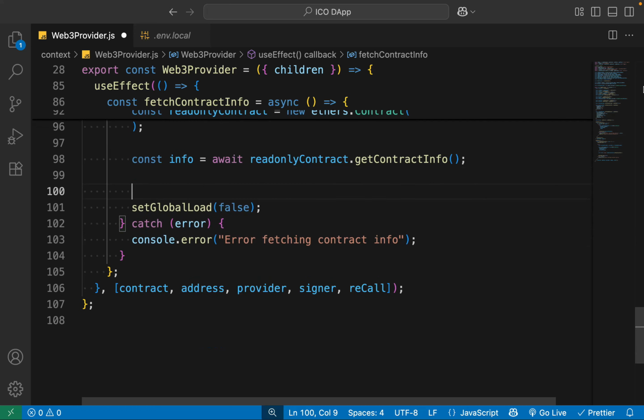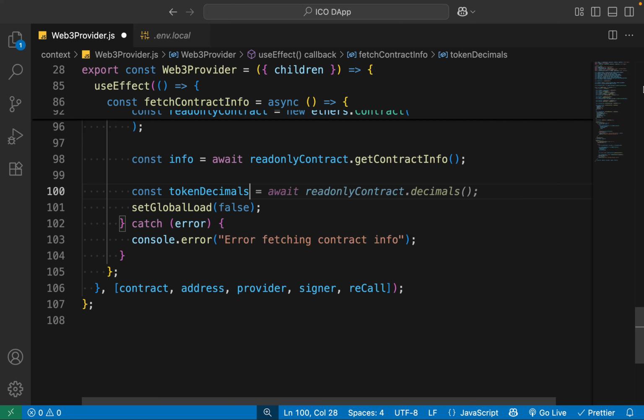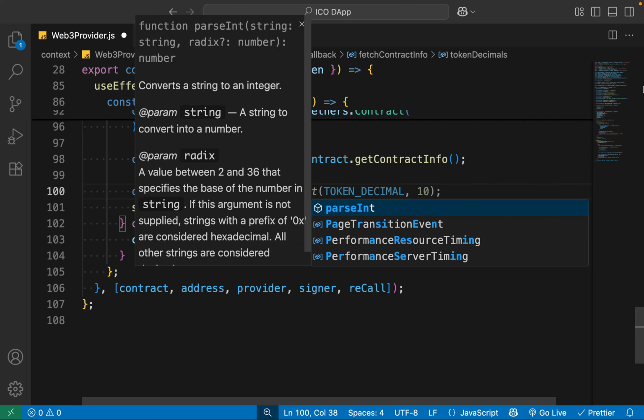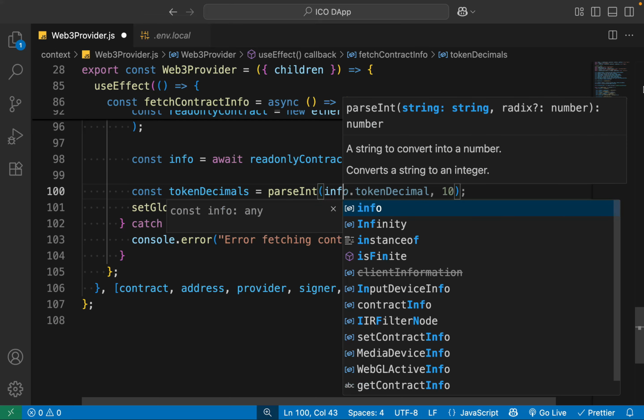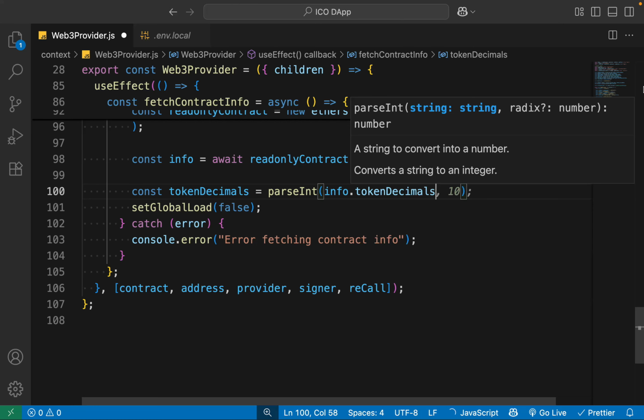So we can come back here. We'll build this token decimal, and we can have this one called parseInt, in which we can pass the info object. It will contain the token decimal variable. I hope you haven't forgotten the contract video where we developed the contract, where we have discussed this extensively. And I can simply pass the